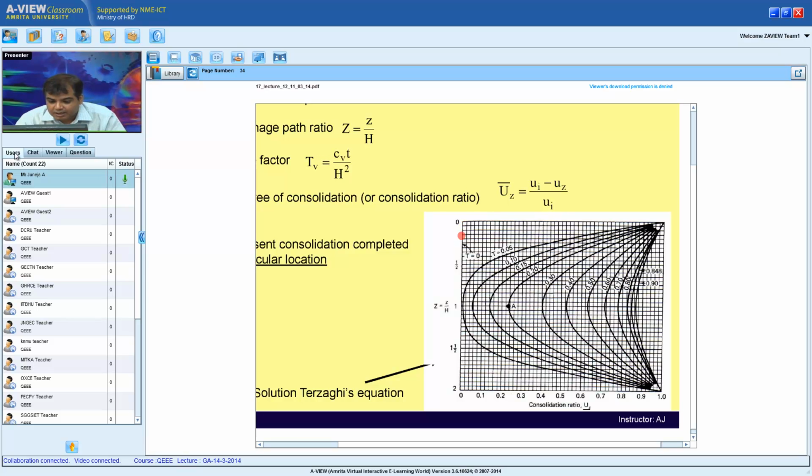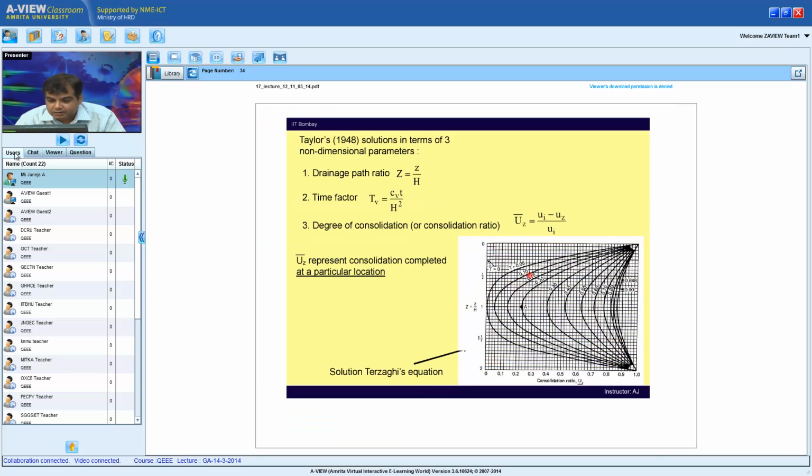So TV on this line is 0. TV is 0, and the first line when TV is 0.05 is over here, and likewise TV increases to any value, okay, and somewhere over there TV should be infinity. So we have a normalized depth correlation over here, and a normalized time, which is TV or T, which is written in this figure.